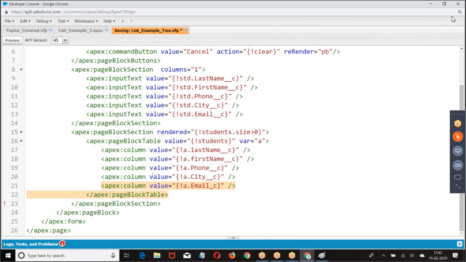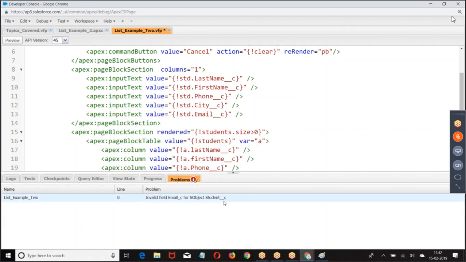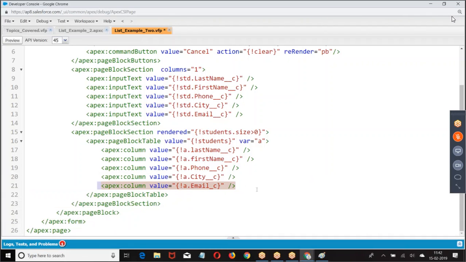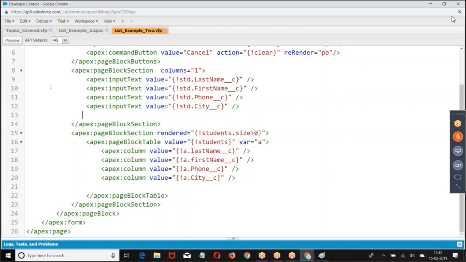Now I'm displaying this. So there's a bug here. What is the bug? Student invalid field called email. I think there's no email field. Okay. This is how we got it. Have a preview.